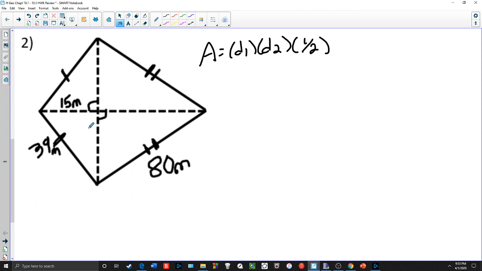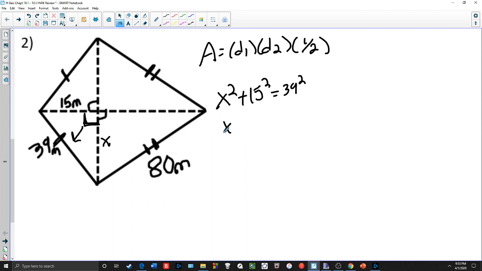So let's go ahead and start with that. Plus, my right triangle is already down here, so I can use this right triangle as a starting point. Look over here, we see a 39, so we're going to figure out what this, we'll say x here, is. So x squared plus 15 squared is equal to 39 squared. Again, this right triangle right here is the one I'm dealing with, the one in the lower left-hand